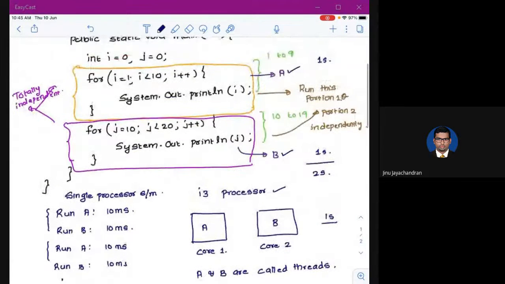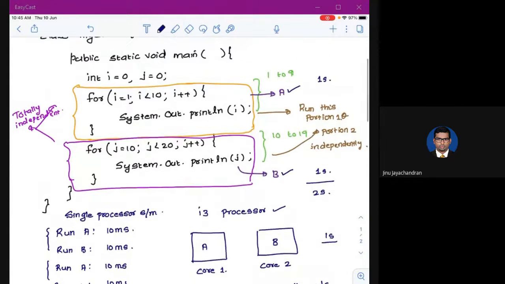Threading is like dividing your program so that you can execute multiple portions of your code parallelly. So how will you tell the OS that it should do this parallelly? In this program, currently I haven't mentioned anything telling the operating system to run parallelly.